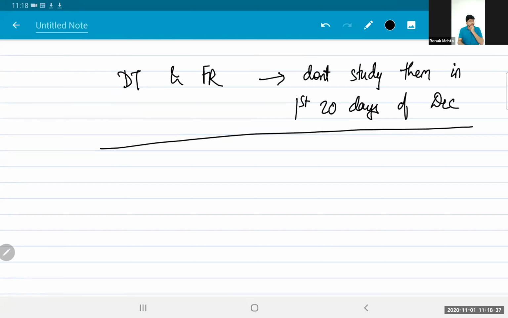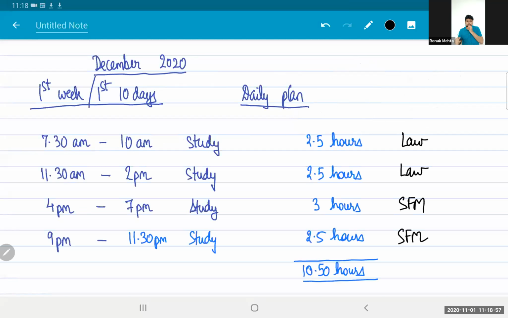Those two subjects are lengthy subjects, heavy subjects. If you start with lengthy and heavy subjects right at the beginning itself, the possibility is that your studies will get derailed because you'll get tired very soon. Maybe you won't be able to study for 10 and a half hours also. You might wrap up your day by 10 p.m. in the night because you're so tired, so exhausted, and you will lose out 1.5 hours of that day and every day thereafter. To start with, take something easy like law, like SFM.